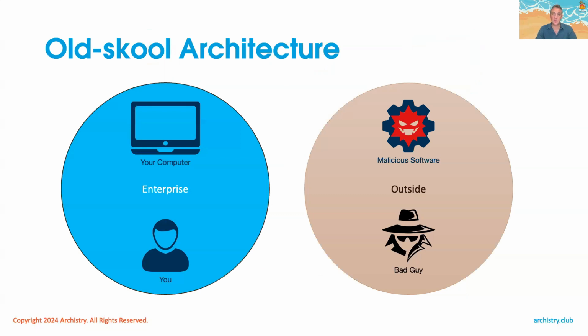Now, the old school architecture is that we have an enterprise and we have a boundary to that enterprise and we have everything outside. And what we really want to do is keep everything outside and keep everything inside safe. So we're going to establish this perimeter and we're going to maintain this perimeter. And inside the perimeter, everything is trusted. And outside the perimeter, nothing is trusted. Now, this is the sort of castle model. It's not valid anymore, but you'd be surprised at how many organizations still effectively use this model.